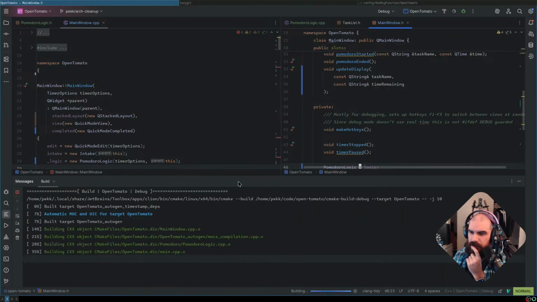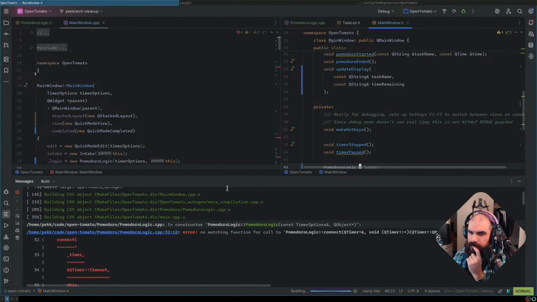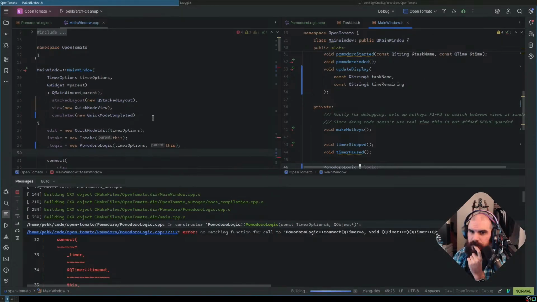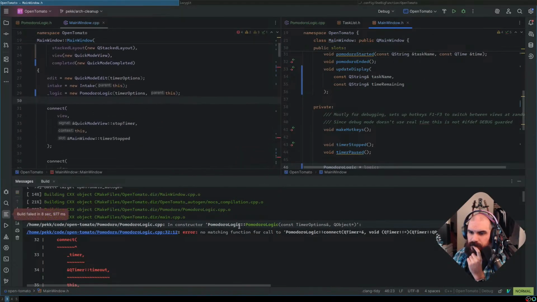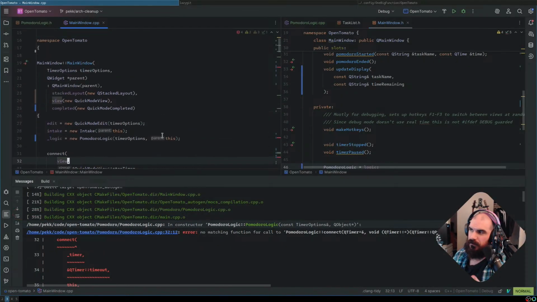Maybe that has something to do with it. Probably because I can't create that on the stack. I can't create on the stack because I don't have what I need to make it when it needs to be declared. And I have to do it after. I think that's why.